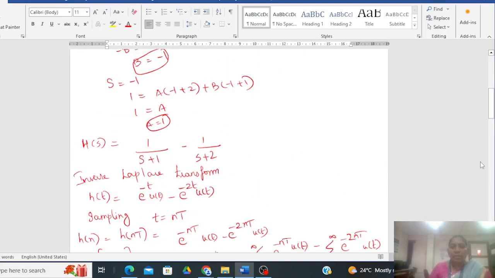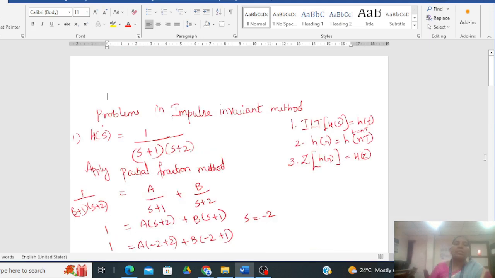So, today's class we are going to study the problems in impulse invariant method. Now, let us solve one problem based on impulse invariant method. So, you know that procedure before going to the problem, we know that the procedure for impulse invariant method is